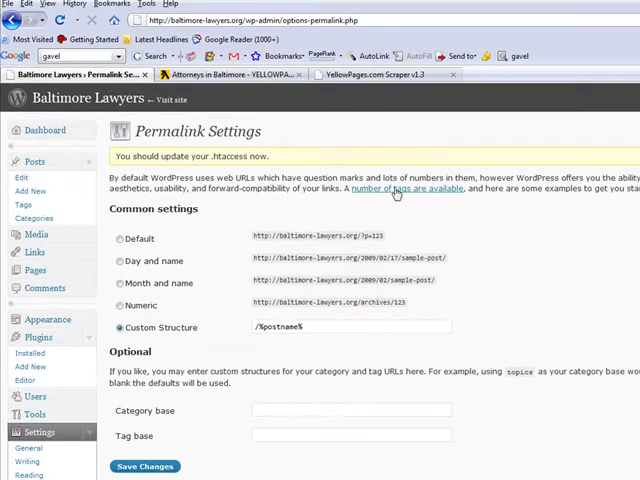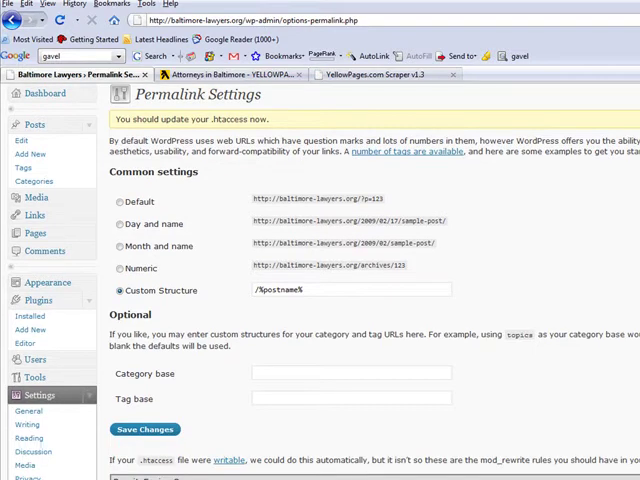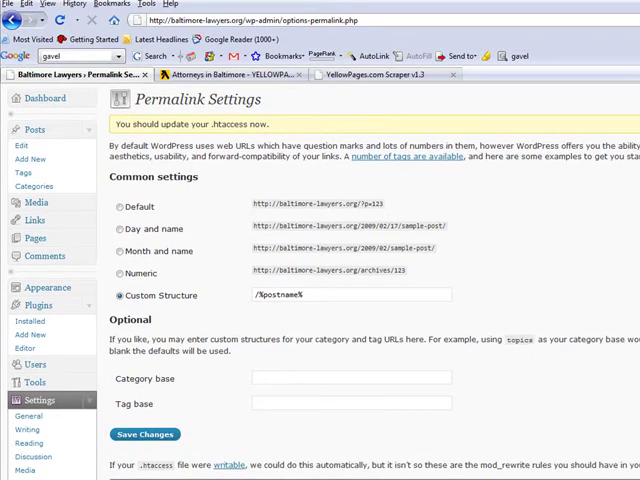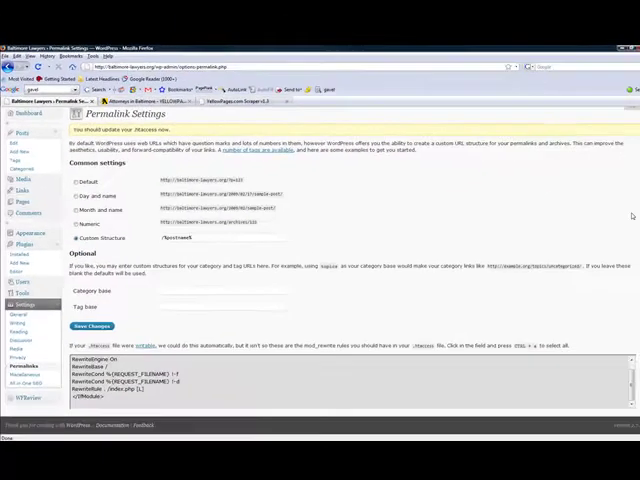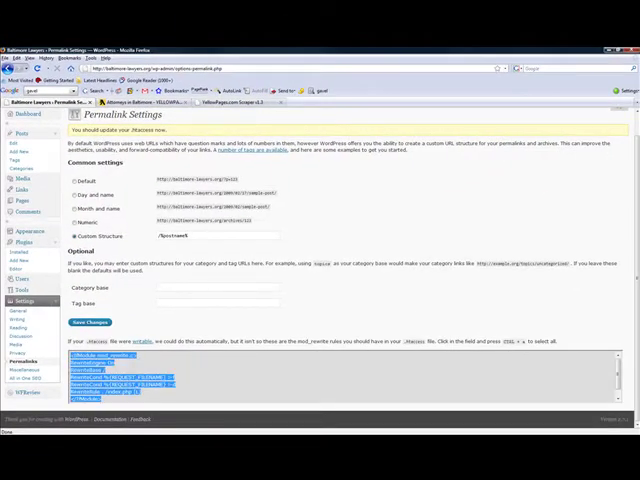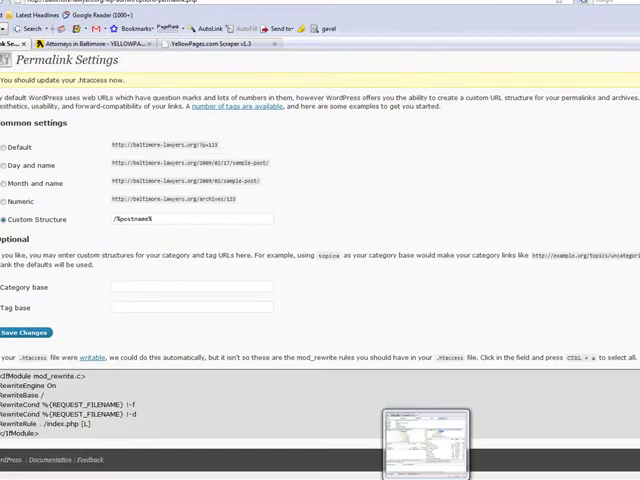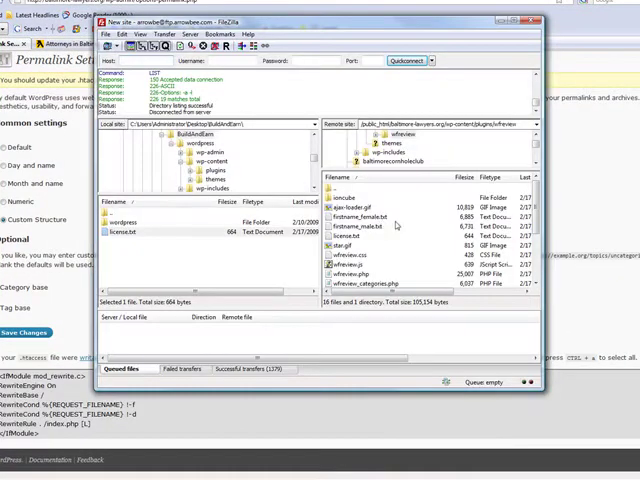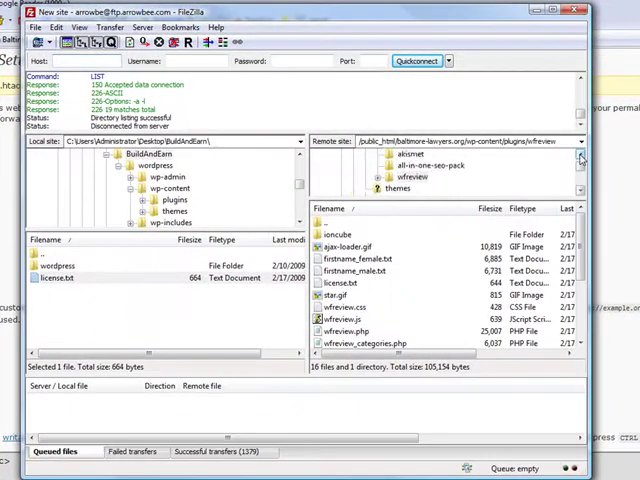And that'll make the name of each business or lawyer's office the exact URL, baltimore-lawyers.org/ and then the post name. So copy all that information from the bottom, and then I just like to, let's see,